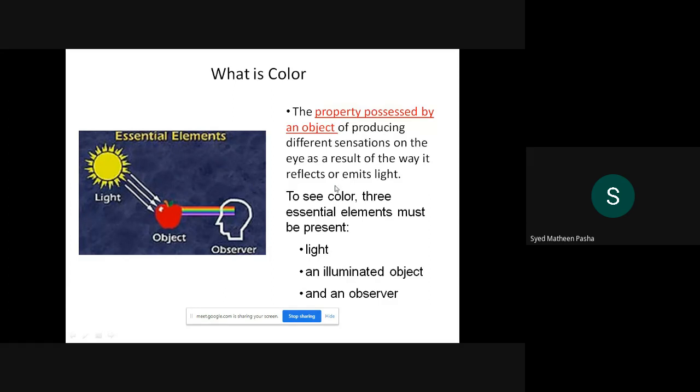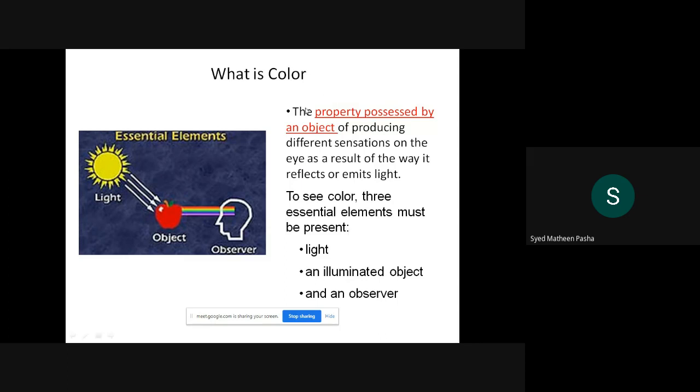Then to see color, three essential elements must be present. To see something, what is the initial element you want? An organ of the human body, the eye. It is one of the most important aspects you need to remember. It is already a default in this case. Eyesight plays an important role to see some object or anything. If you don't have it, can a blind person see an object? No. The exception is that he can just sense the object with some parameters.